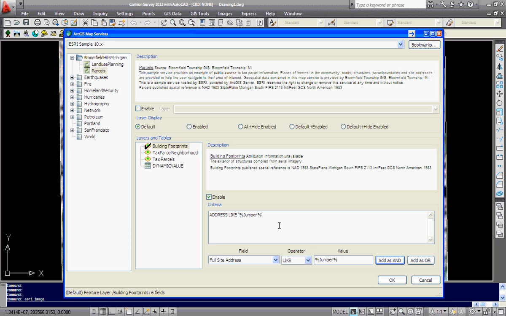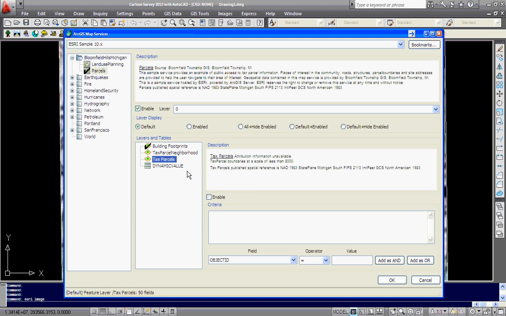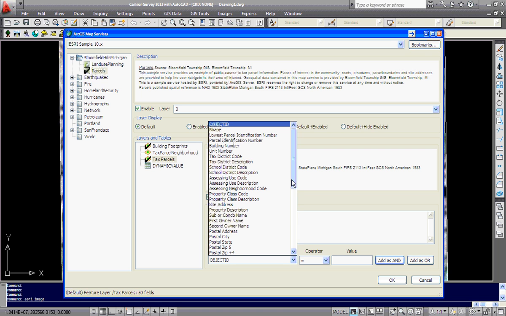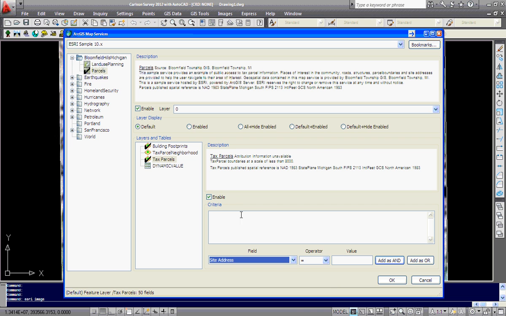request. And note that the operator equals would probably not select what we want, because the full site address likely contains street numbers and other things, and we include the wildcard % character before and after to indicate that we don't care what may come before or after that street name. Then we click Enable on that layer, and then we're going to do more or less the same with the tax parcels layer. Now, this list of attributes is more extensive, but site address here is likely the one that we're interested in to restrict the selection. So again, we're going to use the like operator together with the same value, and again we're going to click